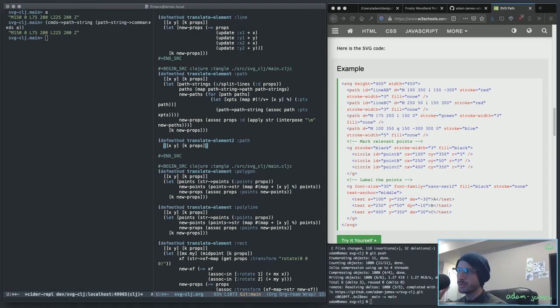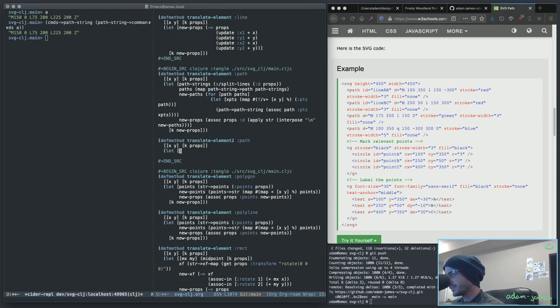It could have user input translates and stuff like that. But the only thing I care about in the props is the D attribute, which then immediately gets converted into